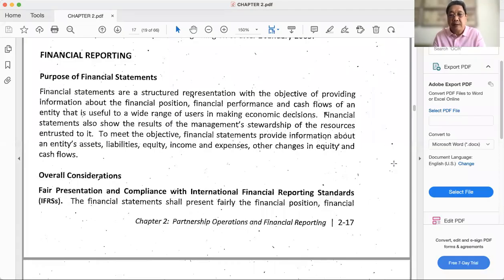Ano yan? I hope by now you already have the PDF copy of the books. Now, so financial reporting,